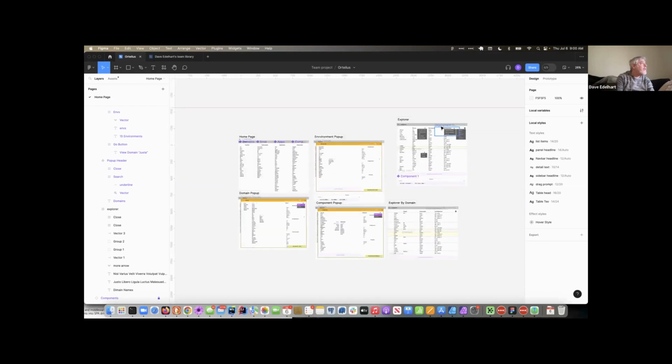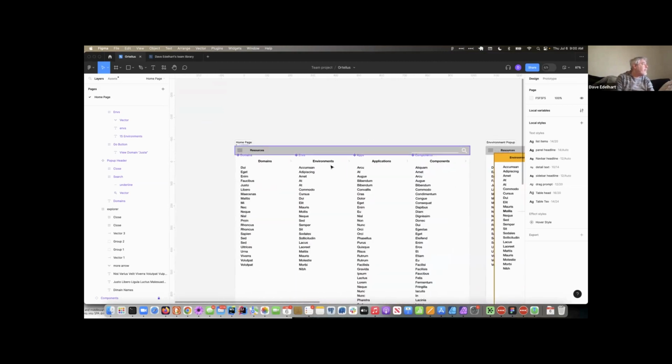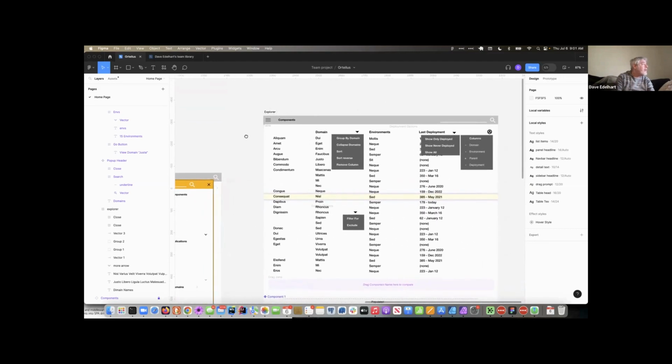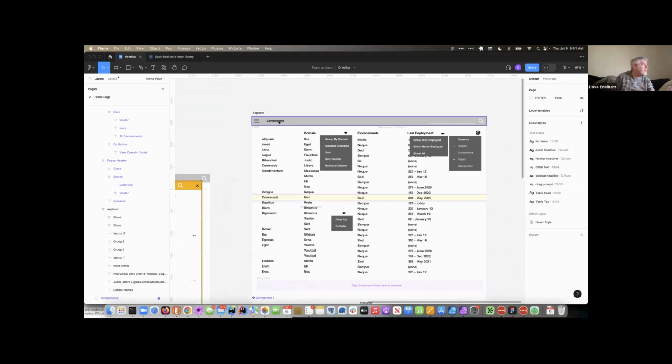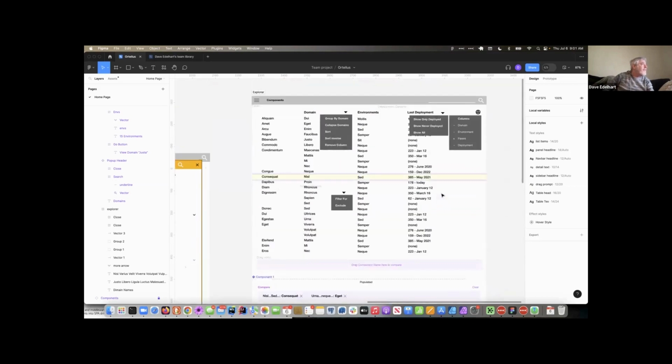there we go. So when you get down into an Explorer list, you could get to this by, say, on the top here, if you were to simply click on domains or environments or applications, you would go to an Explorer list. This would be if you clicked on components, but not a specific component, just an alphabetized list with search ability. All these drop downs are showing locked in an open position. It would look a little bit more like this, but if, for instance, you group by domain here,